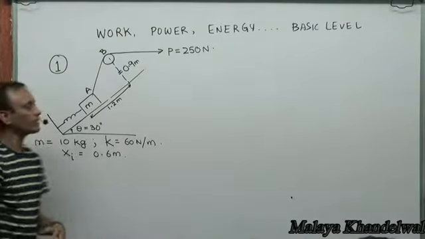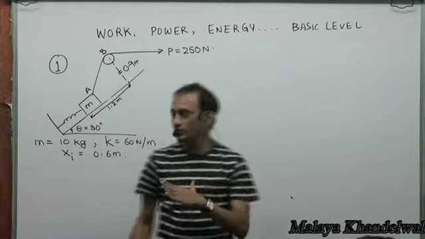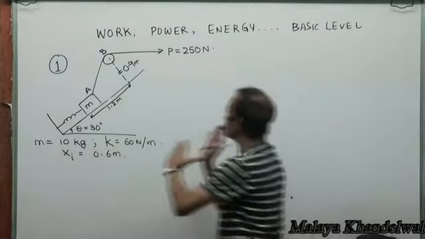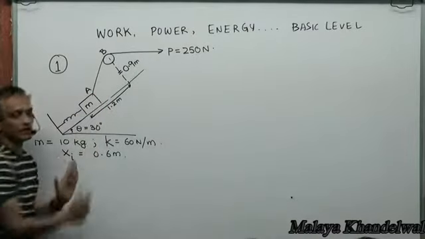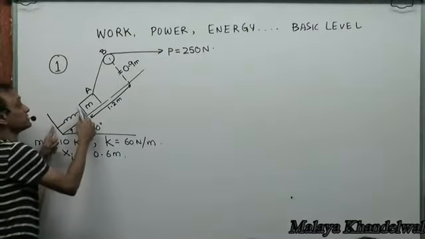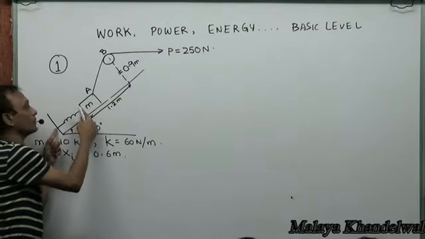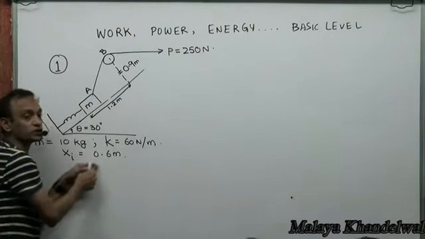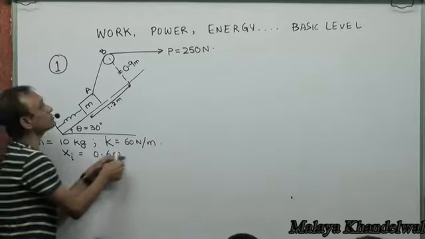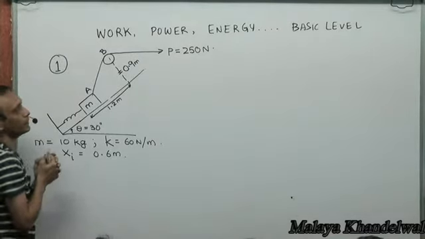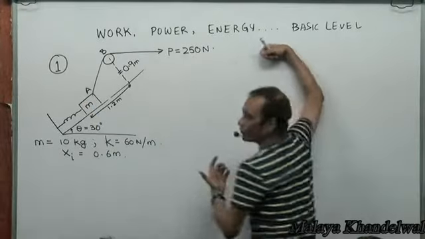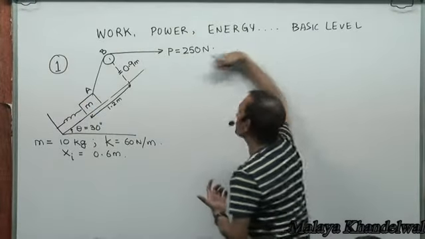Yeah. So we have this situation, a smooth inclined plane, a 10 kg mass, and this kind of an arrangement. And the spring comes with an initial elongation of 0.6 meters. Now, on being pulled with a force of 250 Newton,